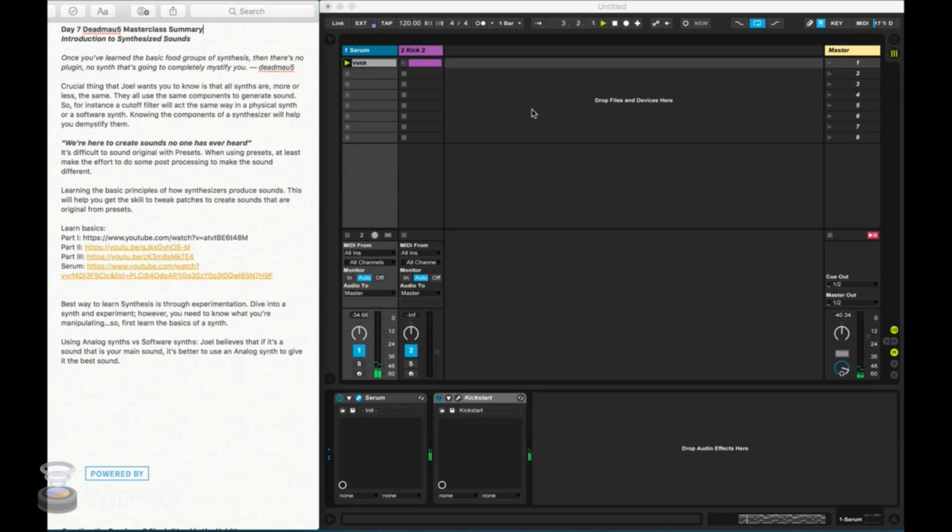Deadmau5 Masterclass Summary. This is all about the introduction to synthesized sounds and how synthesizers work in general. Again, this was not a perfect course of introduction to synthesis and things like that. That theme has been continuing in the class. So Deadmau5 is basically trying to introduce the topic to you, and then you're supposed to go out there and learn on your own a bit